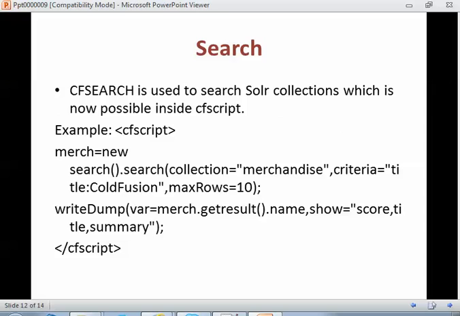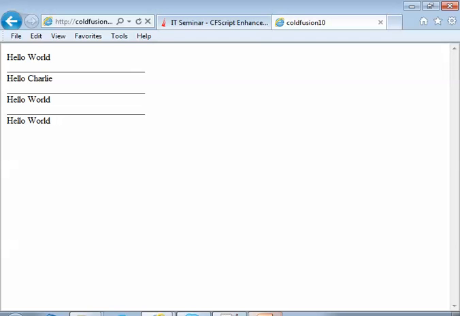Here, if you have any file or any text, title as Cold Fusion means Cold Fusion must be a substring, you can say, of that file or string. Then it will show you the list that has been found. Then max row 10 means only the first 10 elements it will show, not the others. Then we can get the output by writing dump. We can go through the examples of collections.